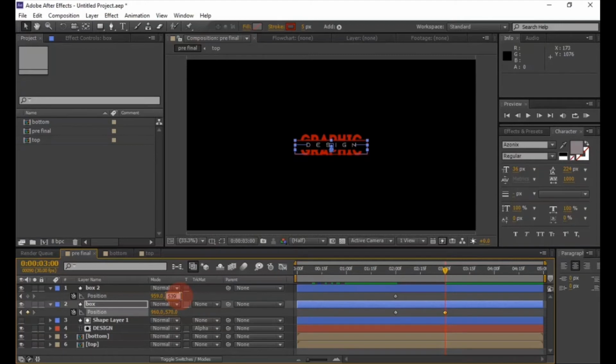Now change the Y position value of top layer to 569. Change the Y position value of bottom layer to 510.